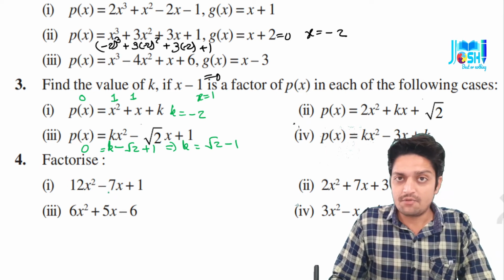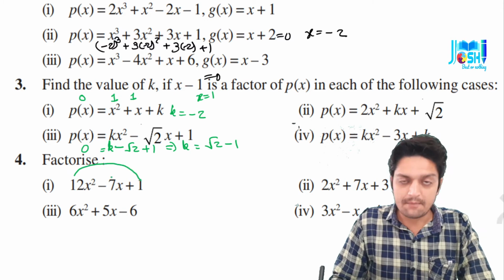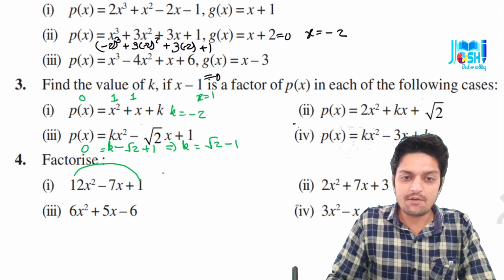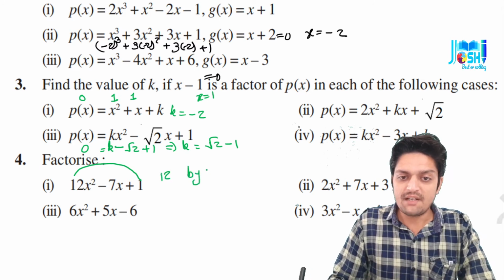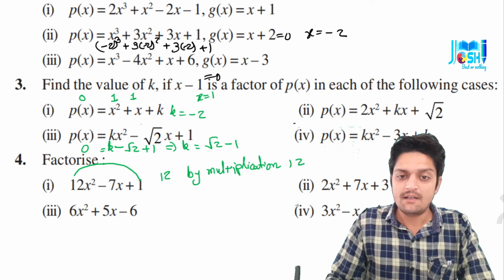Middle term you have to split. First term and the last term you have to multiply. For example, here 12 into 1, so 12 ones are 12. So now by multiplication, you have to get 12, and by